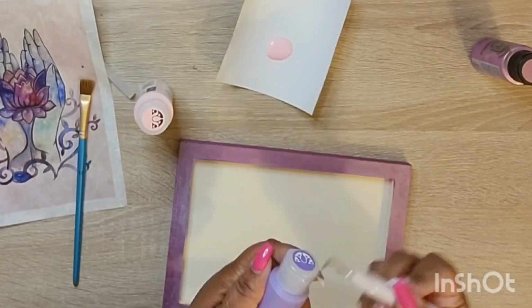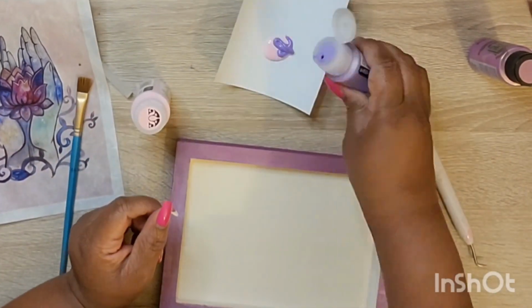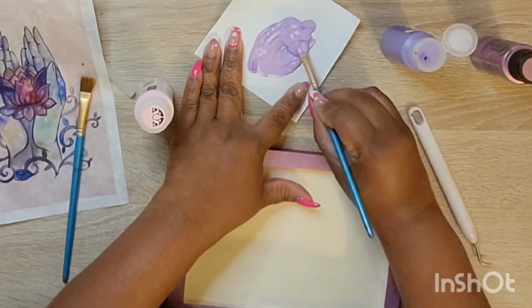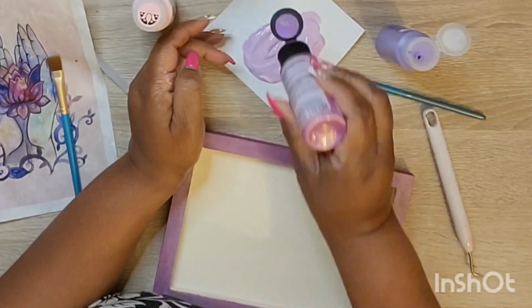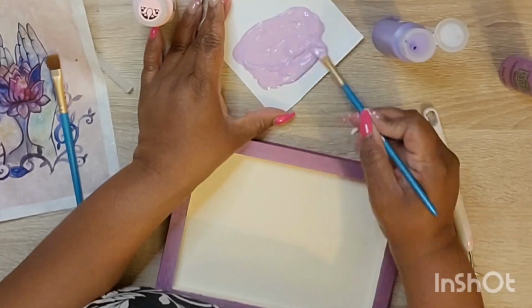As you can see, we're jumping into the first project already, guys. I just started out with this wood frame that I picked up from Hobby Lobby. It did come in a pack of 5. I got it during their 40% sale. Yes. And our first project, we're going to start with this rice paper that I got from